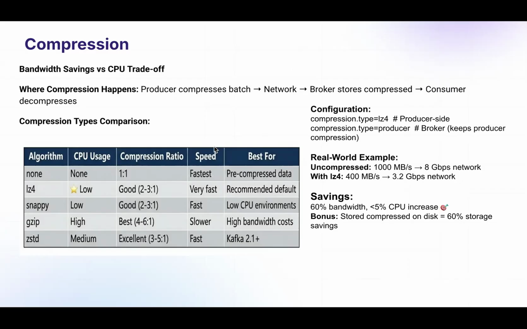Okay, uncompressed, this system was pushing 1000 MB per second. This is 8 Gb per second of network traffic. With LZ4 it dropped to 400 MB per second, or 3.2 Gb. This is a 60% bandwidth saving with less than 5% CPU increase. Bonus: the data is stored compressed on the disk, so you also get 60% storage saving. This is an easy one. All right,